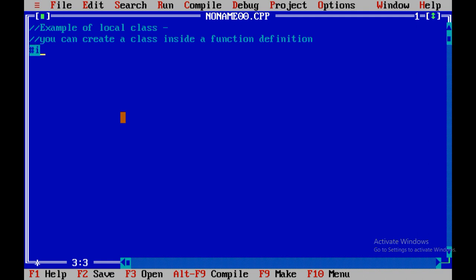Now let us include two required header files, iostream.h and conio.h. Now I am going to create a class named test.